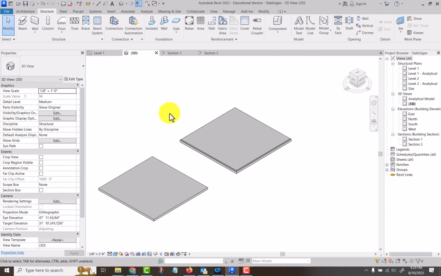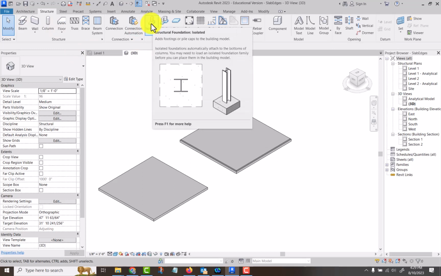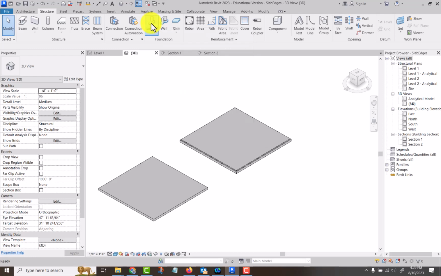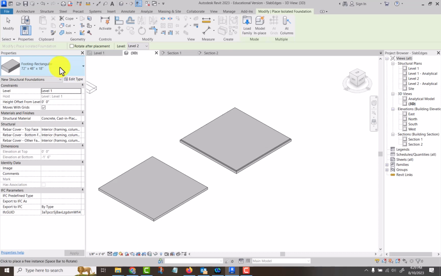Let's see. Let me look at, okay, so isolated footings. They go to the bottom of a column, and it comes by default. It's got a couple of different sizes here. You would create a new one